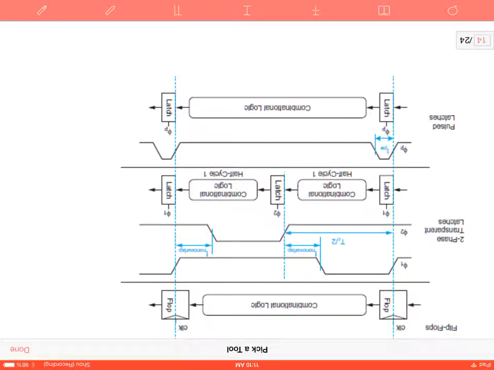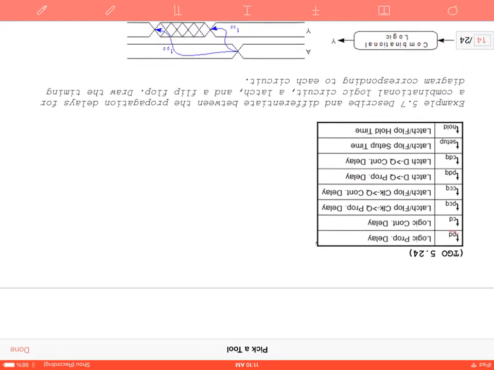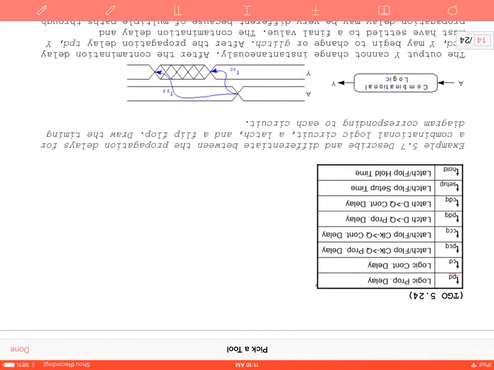And then pulse latches, where you have a short pulse at each clock cycle to activate the latches. And we talked about the different propagation delay, contamination delay, latch and flip-flop clock to Q propagation delays and contamination delays, D to Q, and that's where you not just have your clock input, but you have the toggle or the D input to the flip-flop,